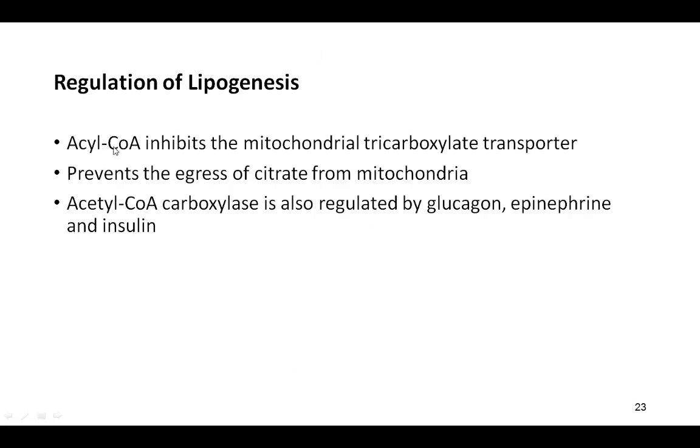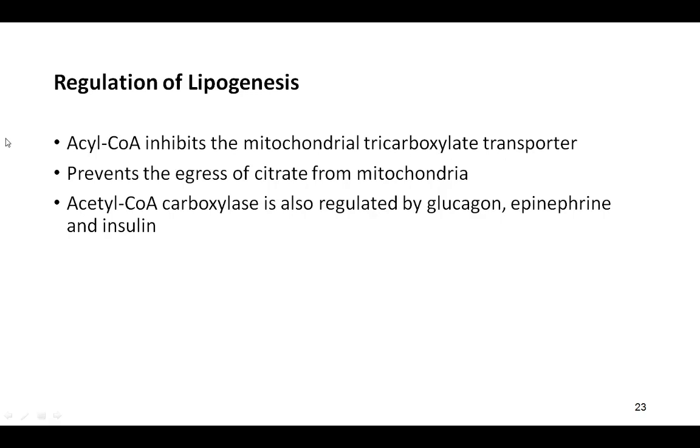Now another thing is acyl coenzyme A is nothing but fatty acid. Fatty acyl coenzyme A, acyl itself means fatty acid basically. It inhibits the mitochondrial transporter. If more and more fatty acid is already forming, then it will inhibit the transporter. So what is the significance of that? If fatty acid has formed a lot in the cytosol, it will inhibit the mitochondrial transporter,